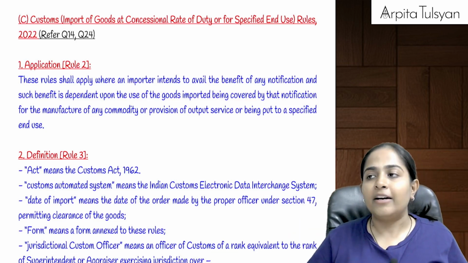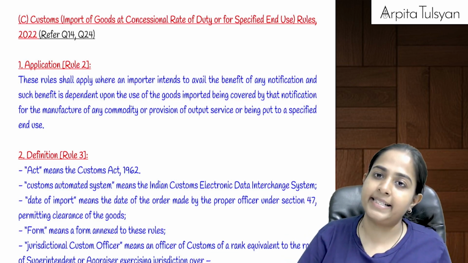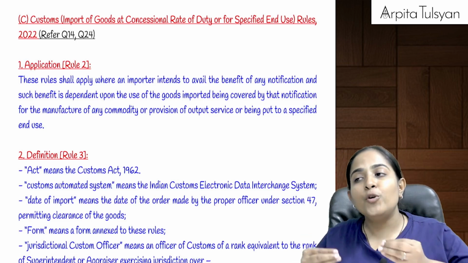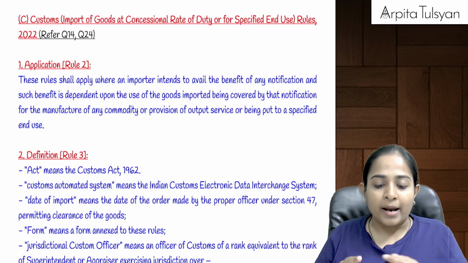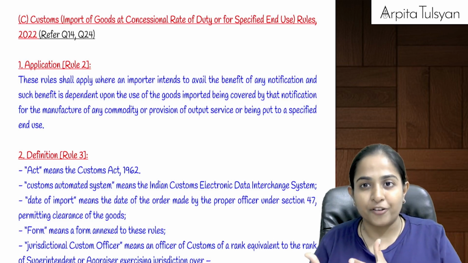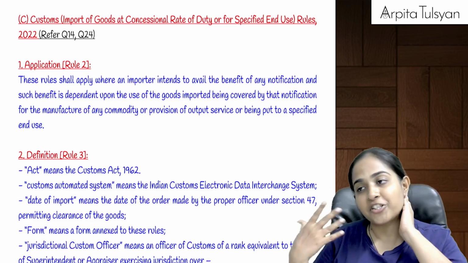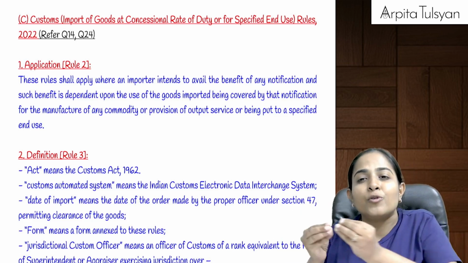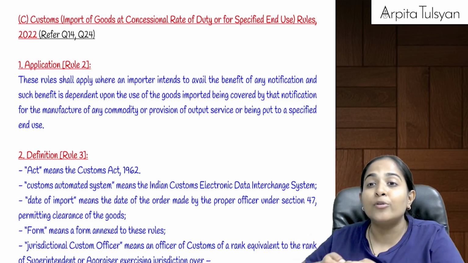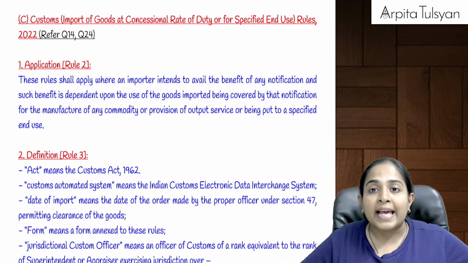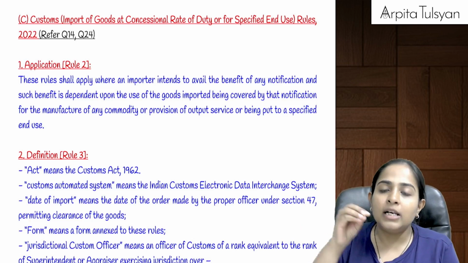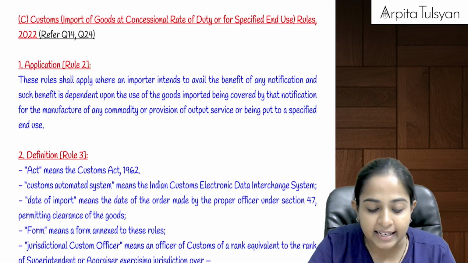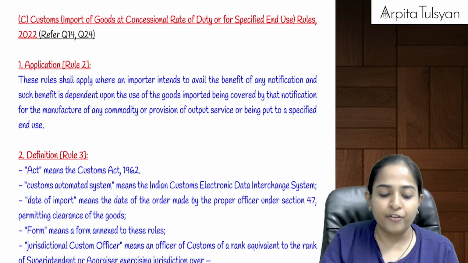So here they are telling that, first of all, can we say this is a conditional exemption only if you import the raw materials and only if you use it for those specified purposes. Either you are manufacturing something out of it, for example, if you import alcohol, you are manufacturing sanitizer out of it, or you are providing some service out of it, or you are going to give it to some specified end users, means you are going to distribute it for free, or you are going to sell it to the hospitals etc. Means only for some specified end use you are going to give it, or you're going to manufacture anything out of it, then only the government is going to give you concession.